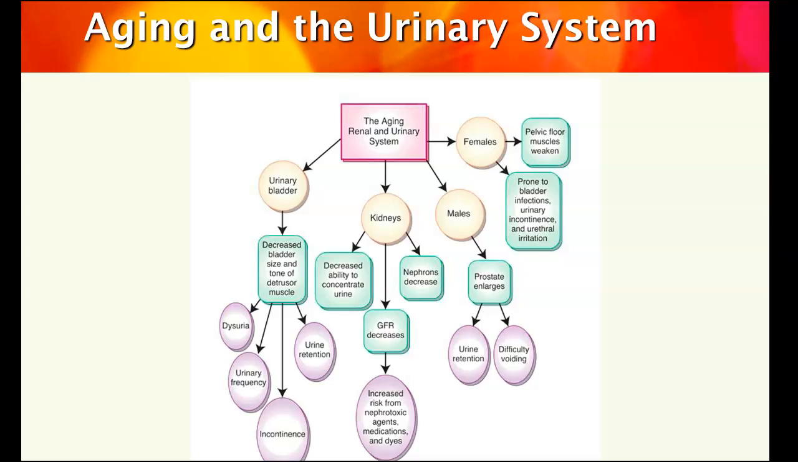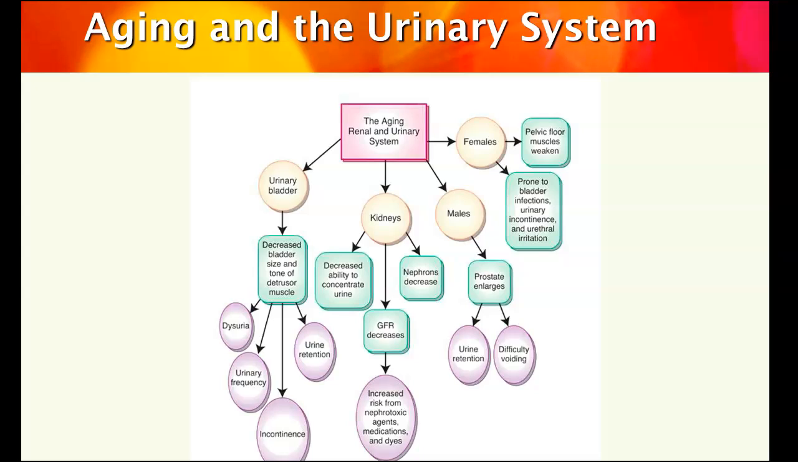All right, so when we are looking at aging and the urinary system, lots of different things can go on, as you can tell by all the bubbles here. So let's look at the urinary bladder first. As we age, you have decreased bladder size and tone of the muscles of the urinary bladder, which is the muscle that's responsible for the actual release of urine. As a result, your patients will experience dysuria, urinary frequency, they have a higher incidence of incontinence and also